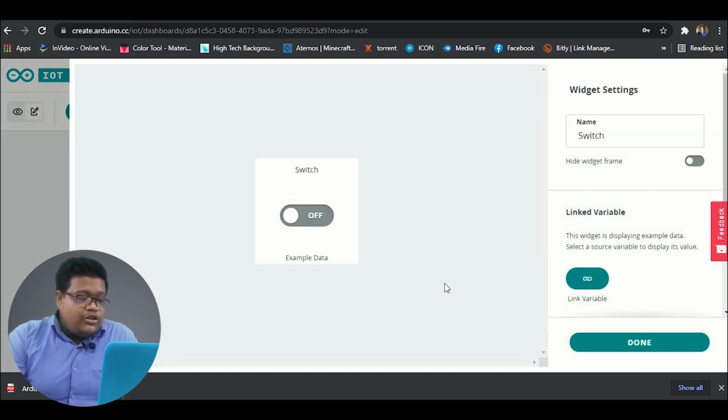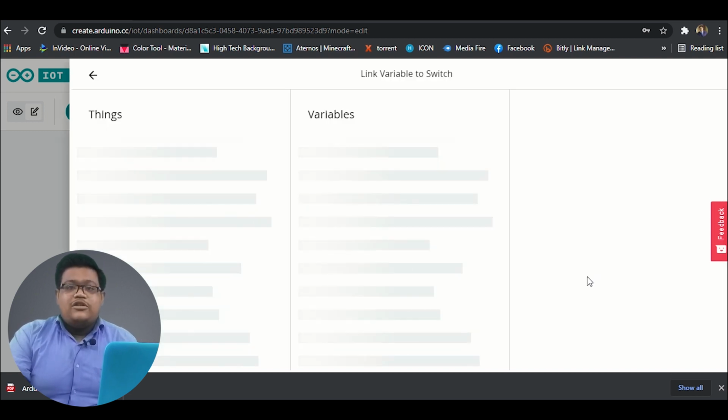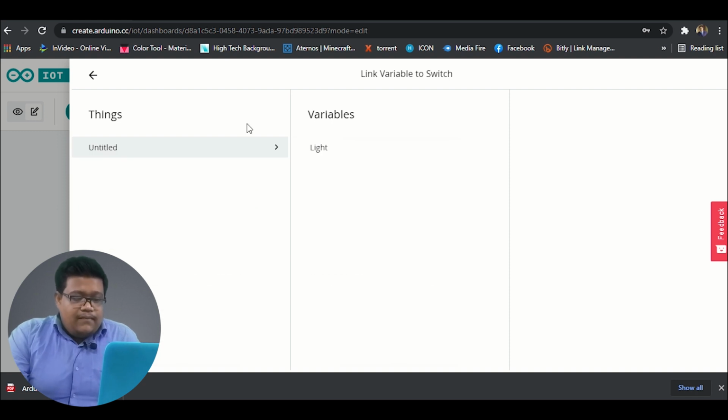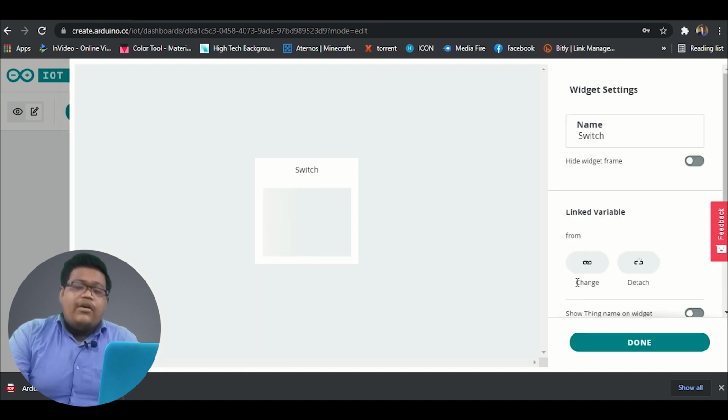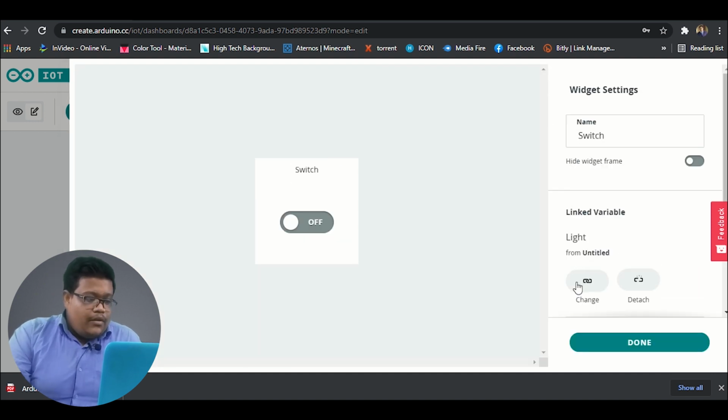The widget should be connected with a variable to send or receive data. So click on Link Variable and choose the light variable, though we have only one variable. Change the widget name if you want to and click on done. Our dashboard is ready now.